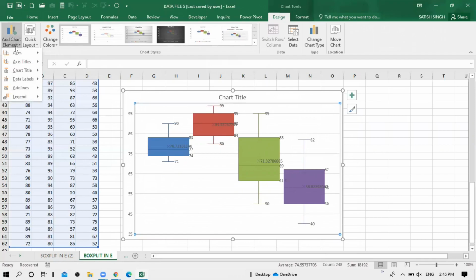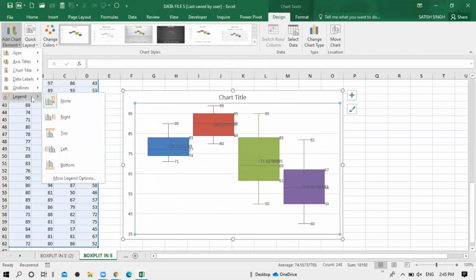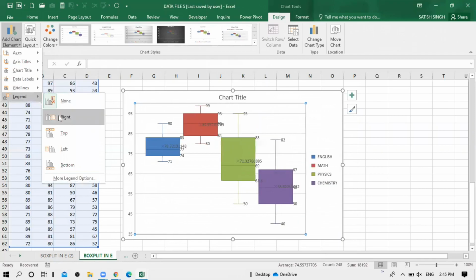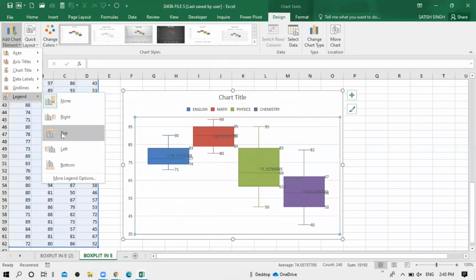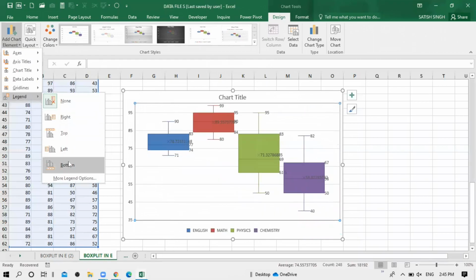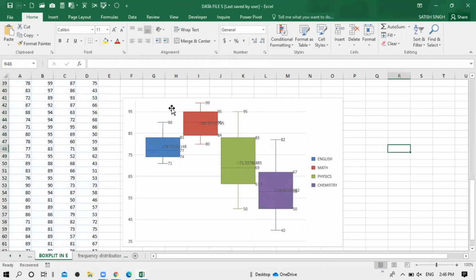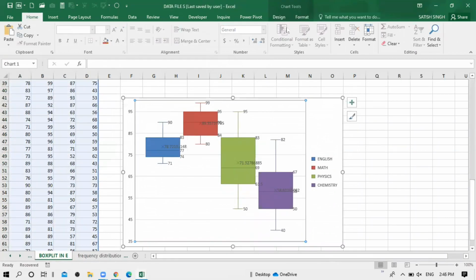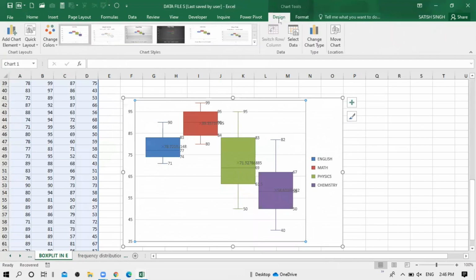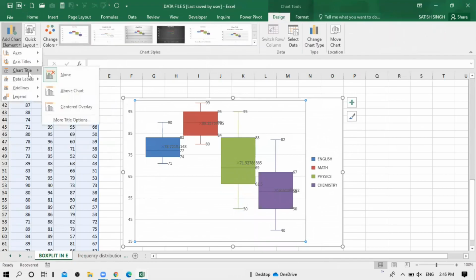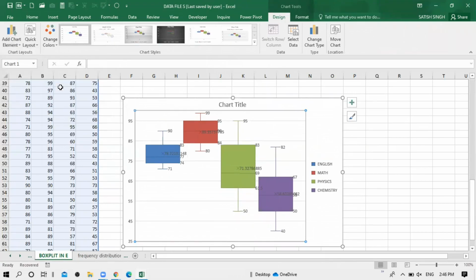and you can apply the legend as well, because we are not aware what it is showing. You can take them to left, right, top, and bottom. So as of now I want them to be on the right. So by clicking here, go to the design tab, and here we can add chart title, about the chart.